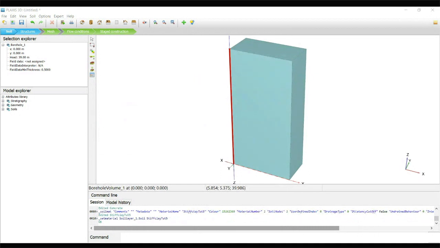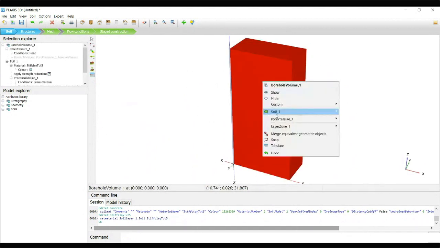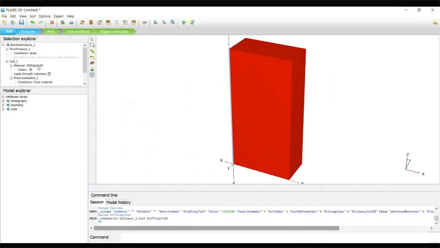You can also right click on the object and assign the material. Or you can assign from the selection explorer, or in the model explorer. So there are multiple options you can utilize. Use whichever one is compatible.